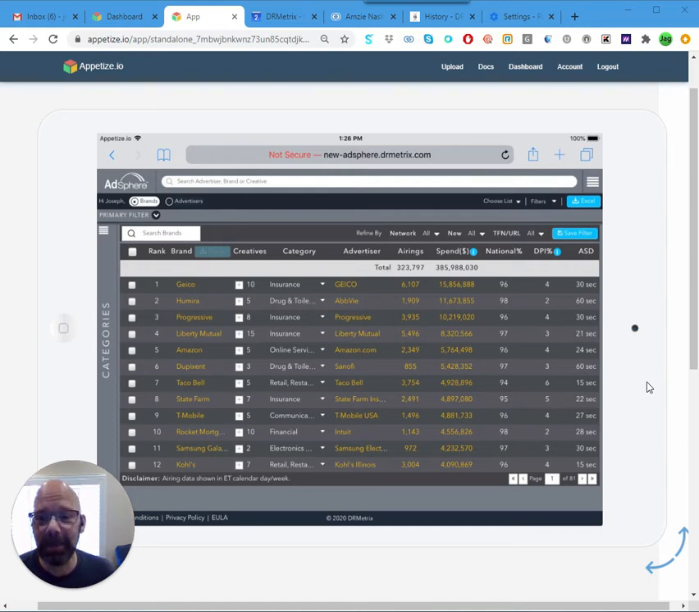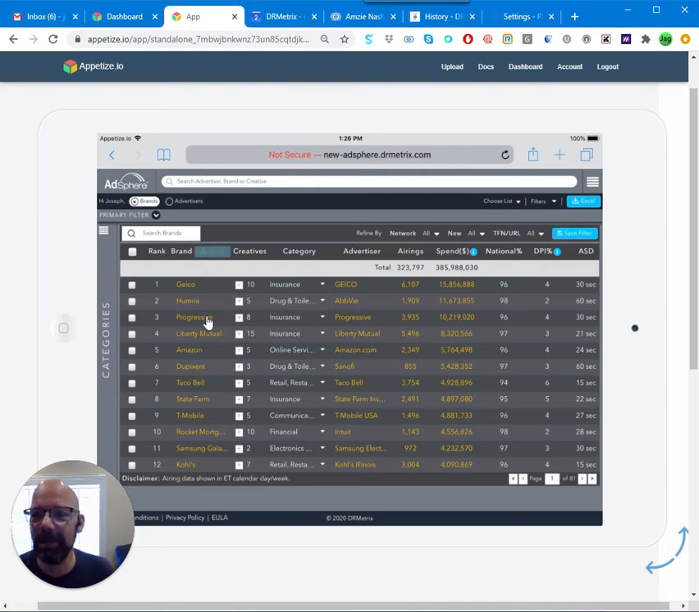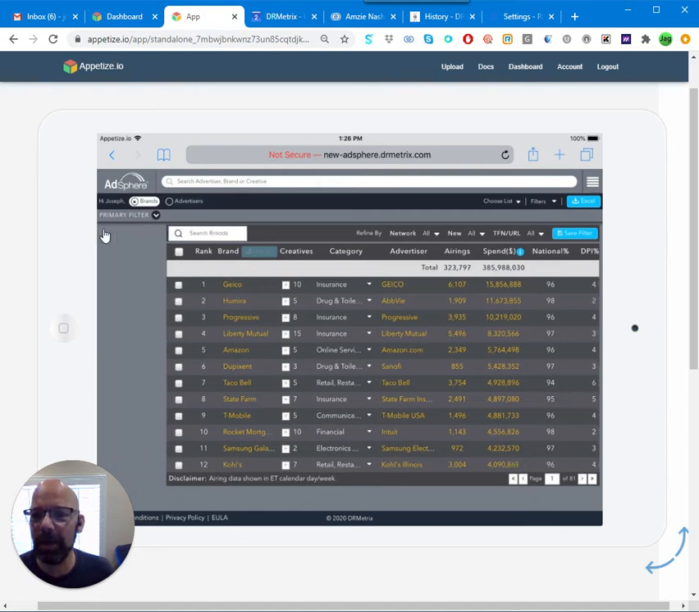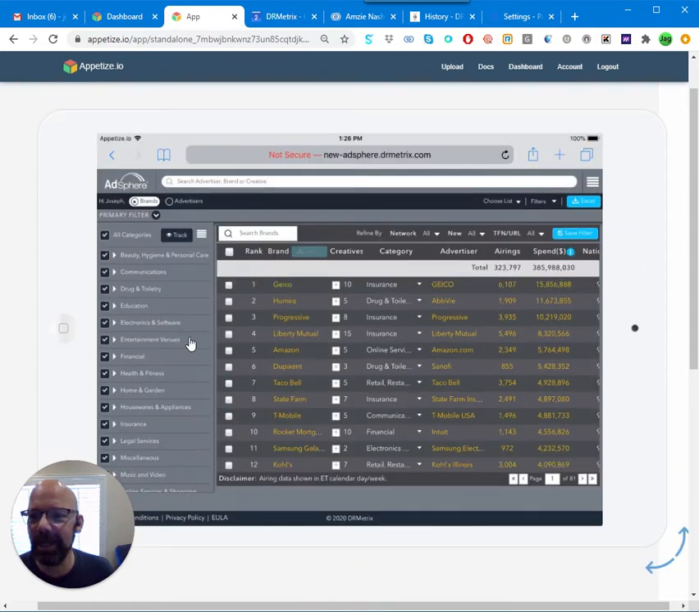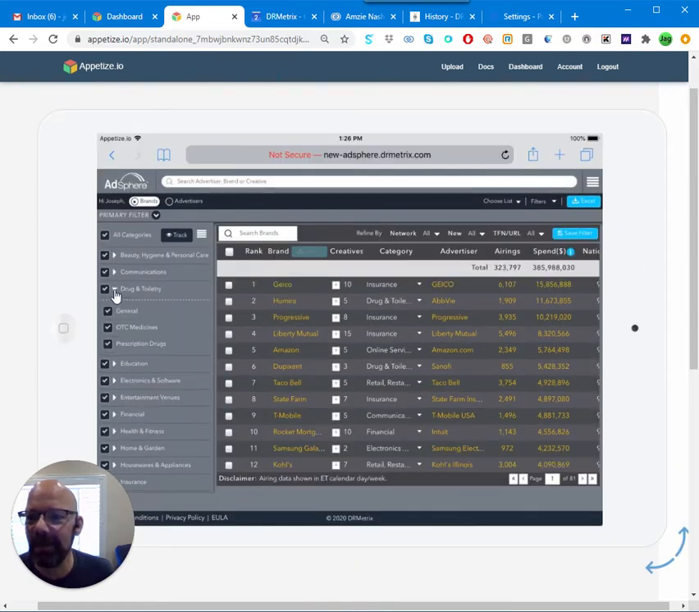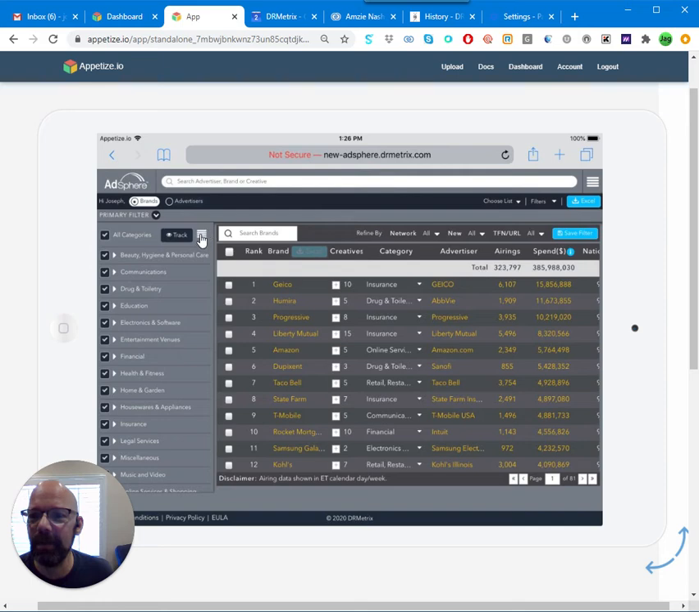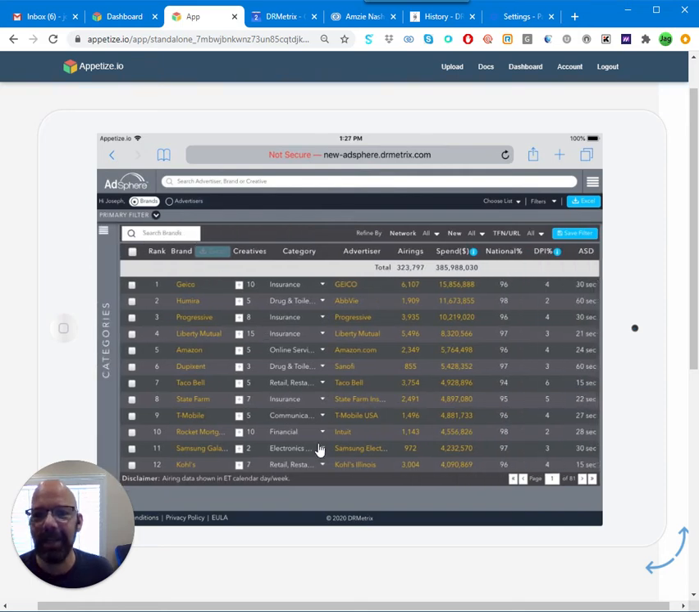Now, first thing you'll notice when you log in is that the categories are shrunk here on the left-hand side so that they're not in your way as you're working. You can just click that little menu button here and you can open up the different categories or subcategories. And then when you're done making your selections, you can close that and have all of this nice viewing area